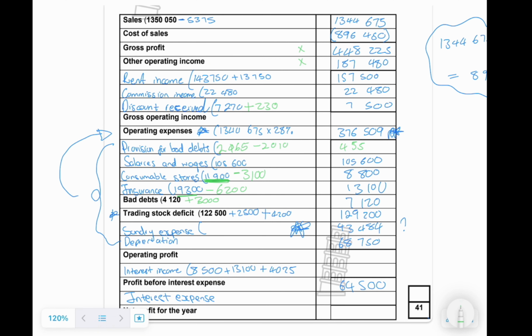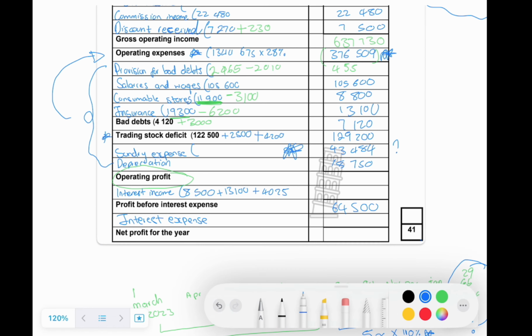So now you have your gross profit and your other operating incomes. So you add them together to get your gross operating income. So that would give you 637,730. Okay. And to get your operating profit, you're going to take your gross operating income and you minus or you subtract your operating expenses. So you say 637,730 minus 376,509,